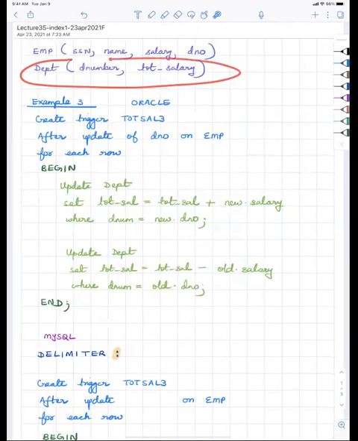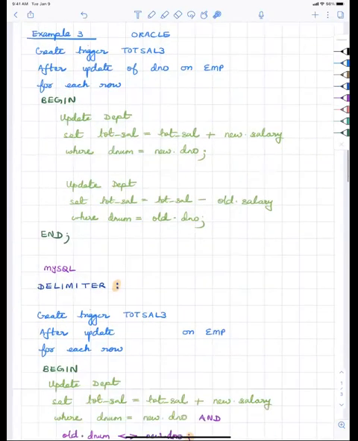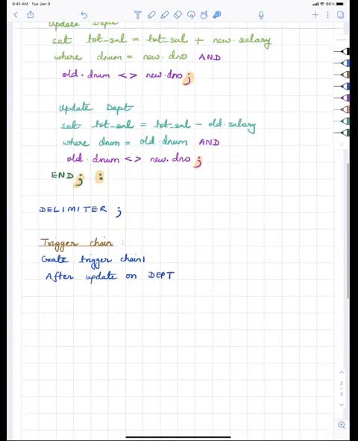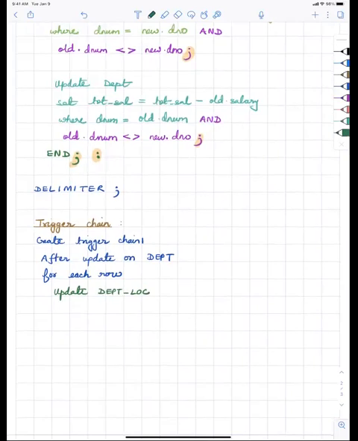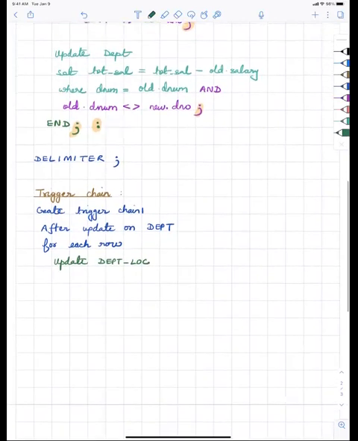So this trigger is going to get activated when you update the department table. So update. So once you update department, you should update department location. So set d location